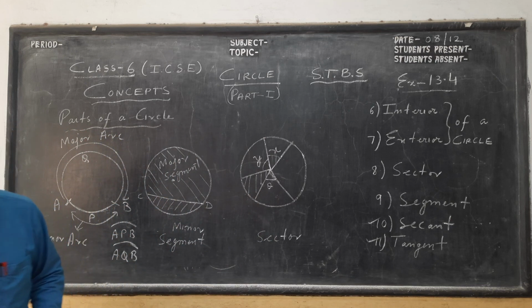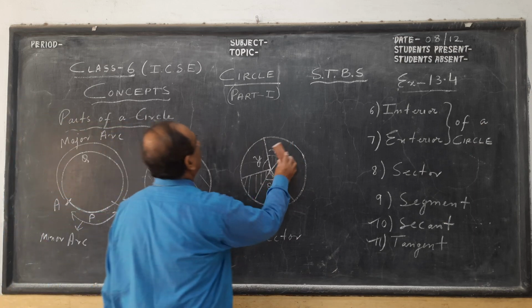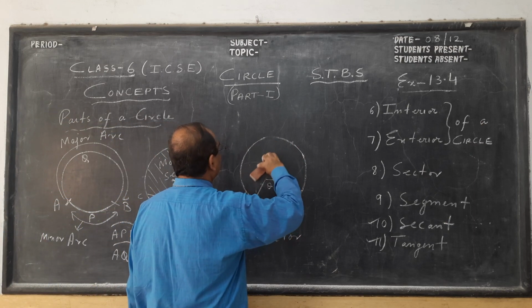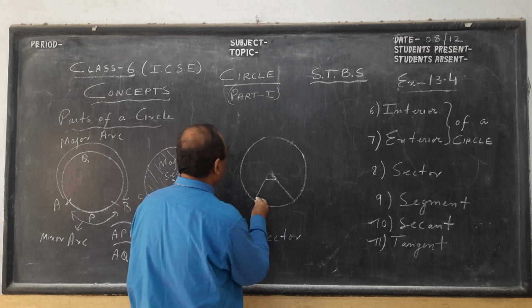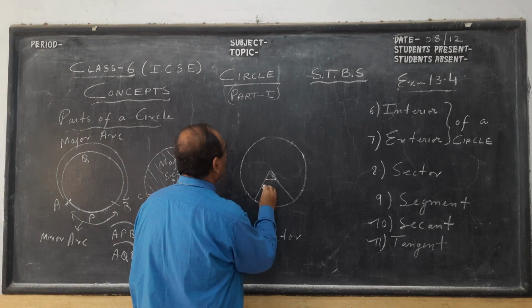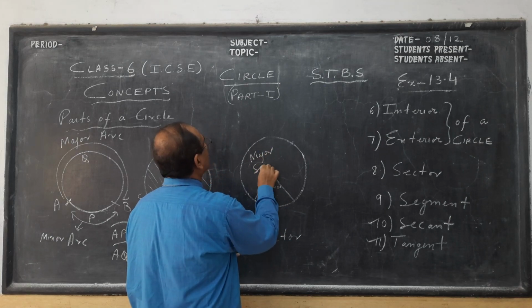Okay, so sector, if you see, is a region in the interior formed by an arc and two radii. So the top view of the pizza, what you see is a sector. Sector formed by the major arc is known as major sector. So if we have two sectors over here, children, we will get two actually. This will be the minor sector, okay, with minor arc. This is the minor arc. So this is the minor sector, and this is the major sector.